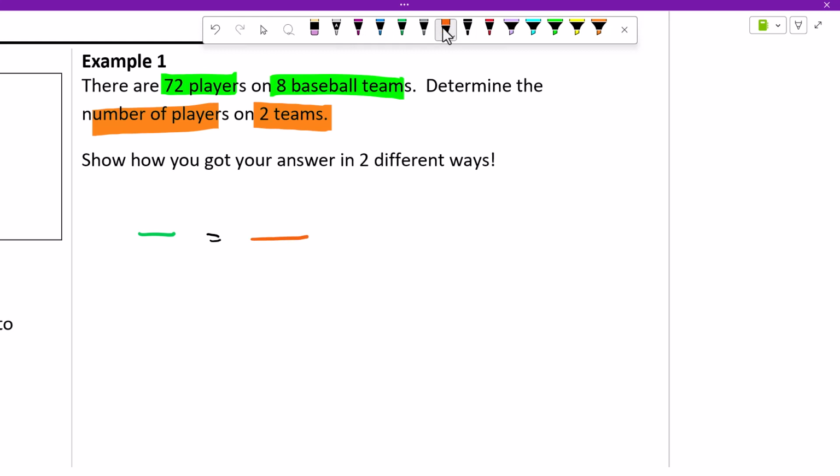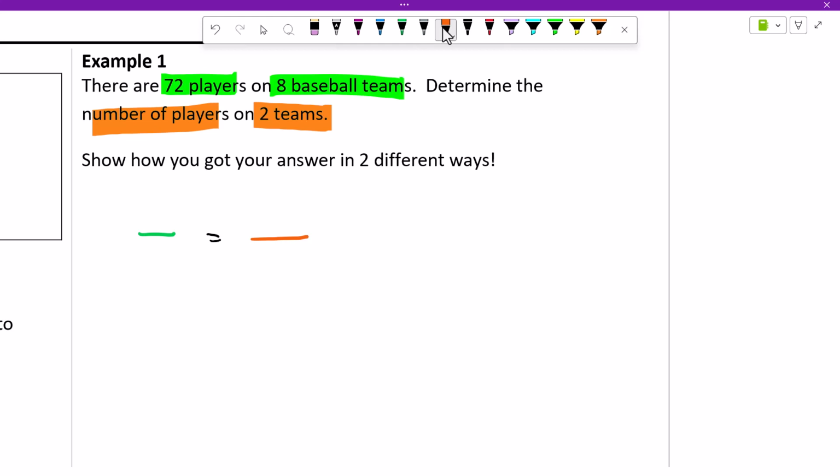Okay? We need to take the information out and set up the fractions. So the information that's connected goes on the same fraction. For example, in the green here, that 72 and this 8 are connected. Because they're saying 72 players on 8 teams. So those 2 stay together. Right? Now,